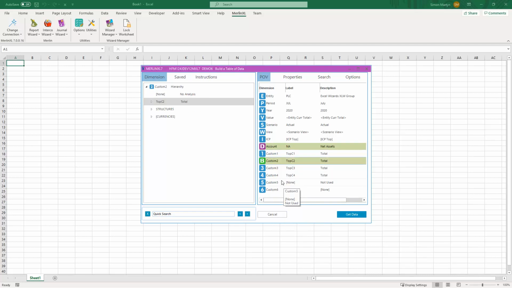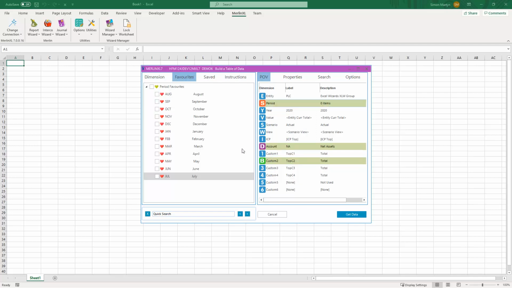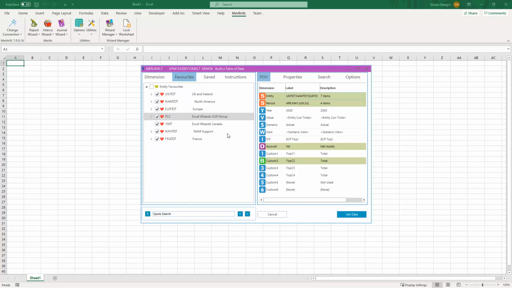The current settings of Descendants and base members would create a quite large and inefficient 2-dimension table. So we want to set a third dimension to ensure that the data is retrieved into a multi-dimension table. So I'm going to choose to retrieve this data for a selection of periods by checking a few period members. And then for the entity dimension, I'll choose the Favorites option, which pre-selects my previously selected favorites, which I can